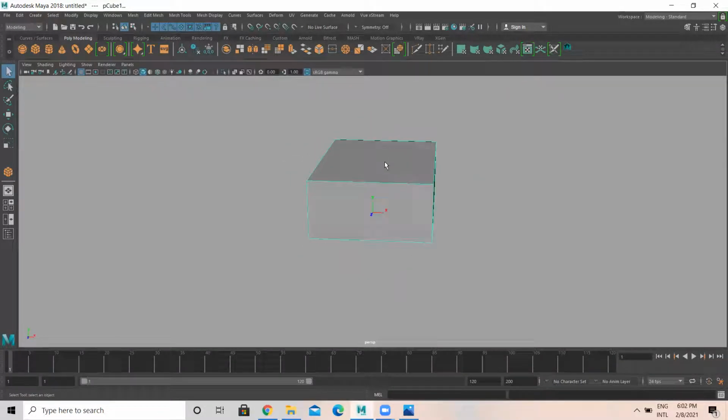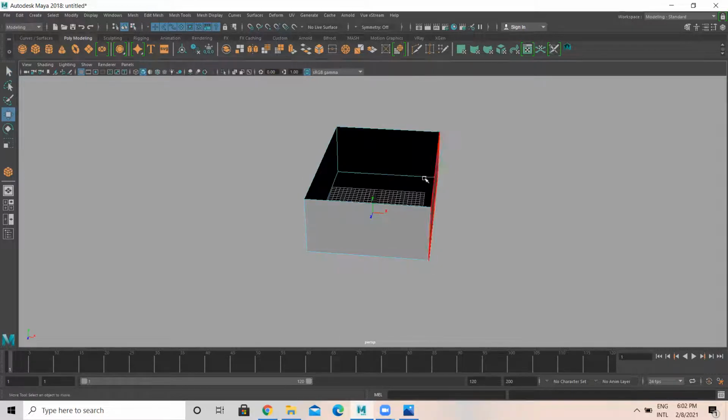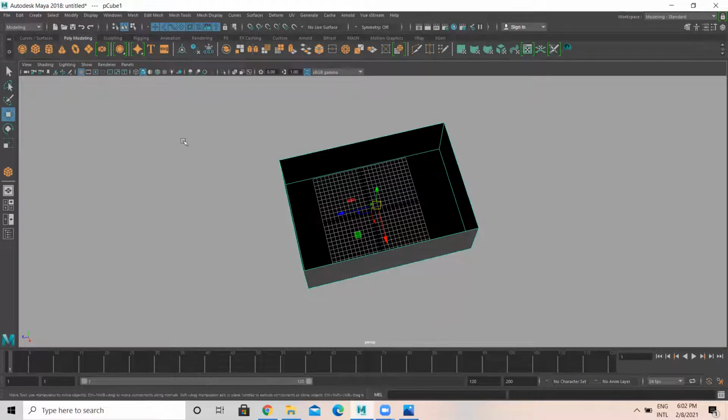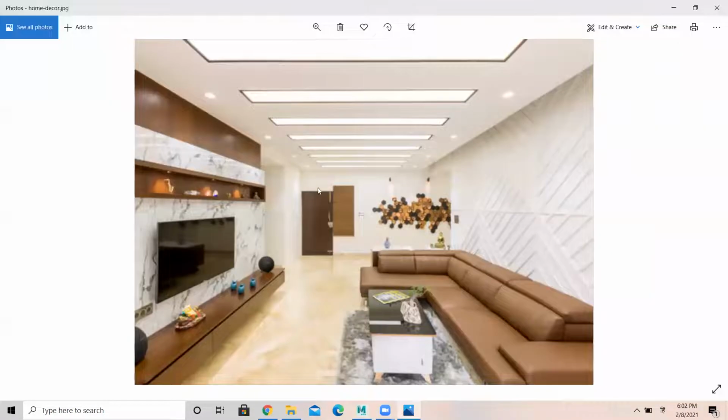Okay, for time being I'll go to face mode, select this, and delete this face. For time being I'm deleting this face. It is something like this.